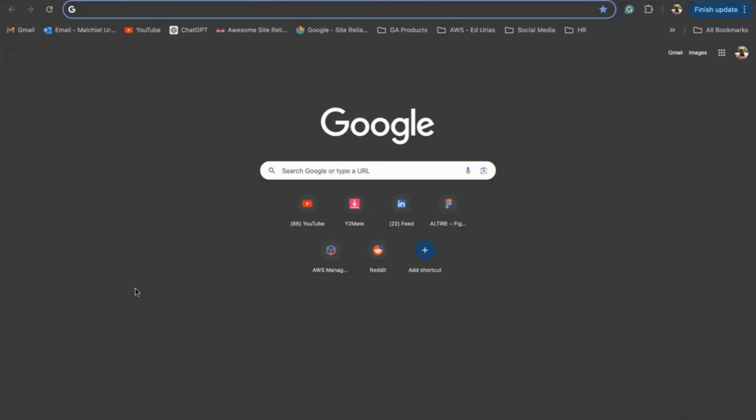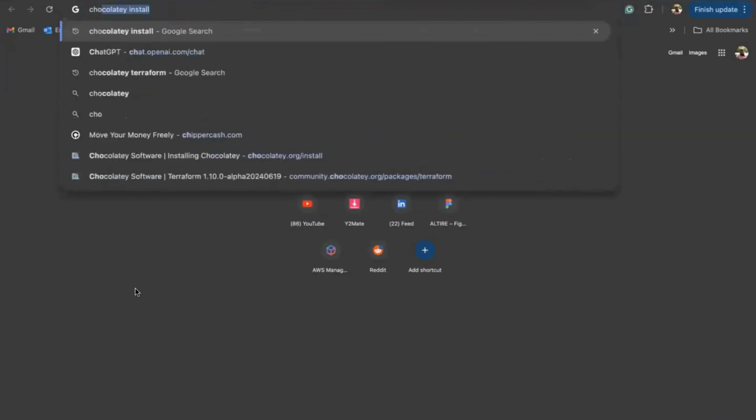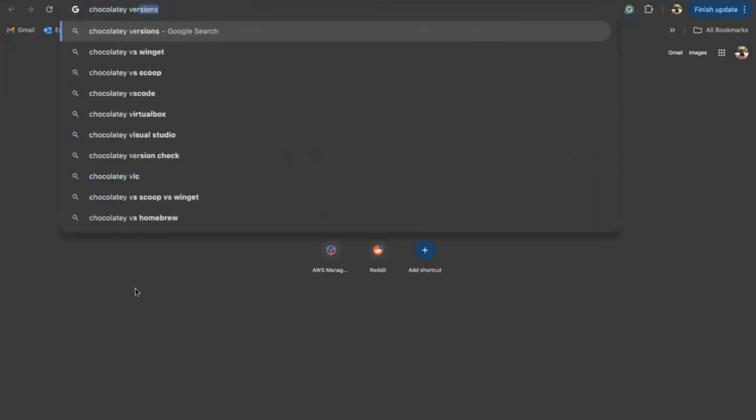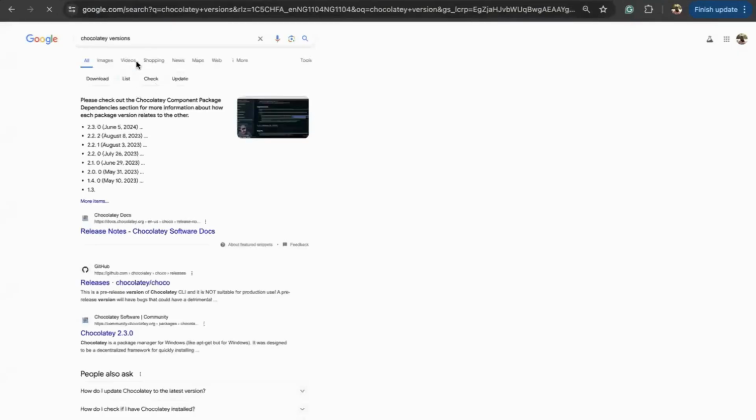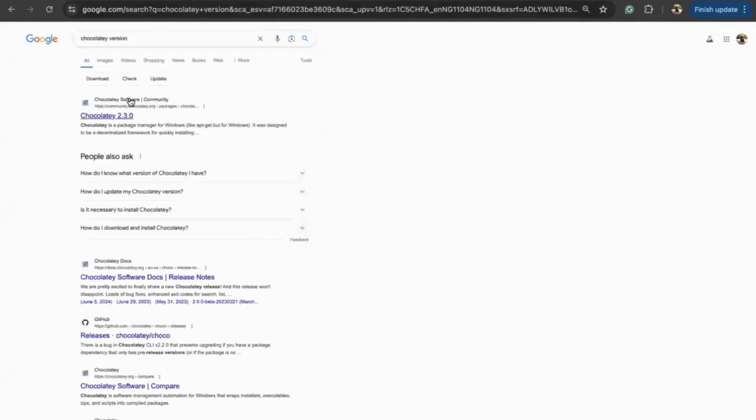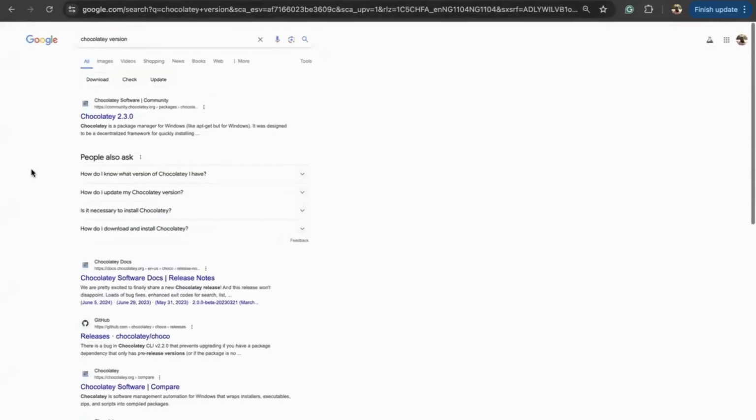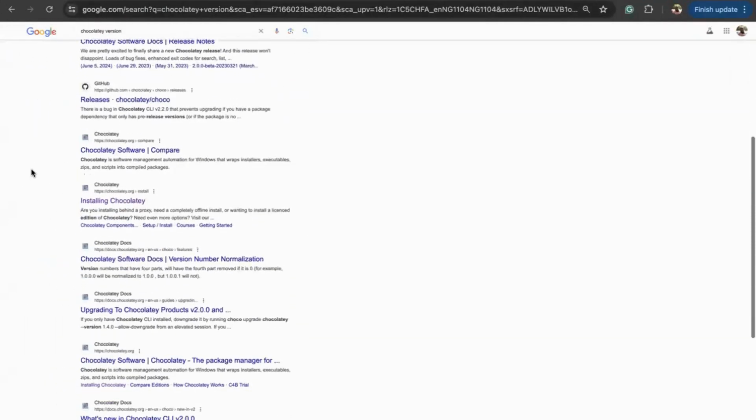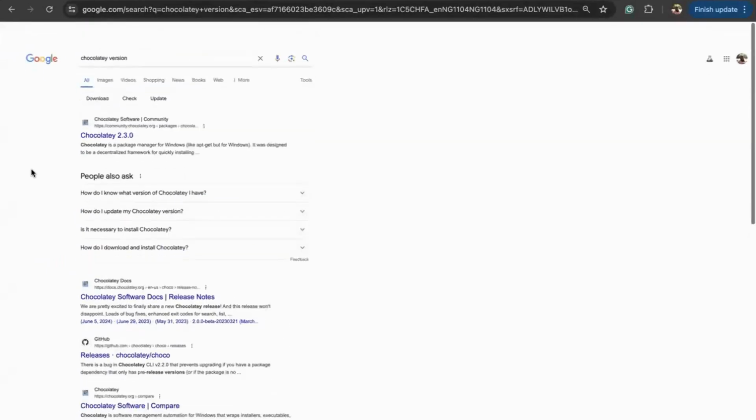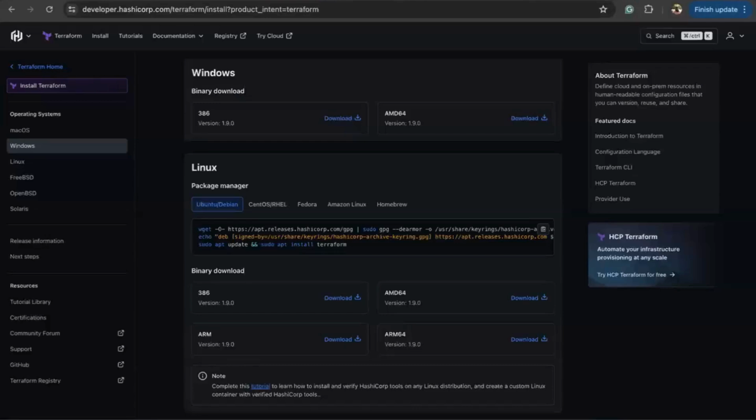How do I check if I have Chocolatey installed? Chocolatey version. Chocolatey dash version. Let me confirm that. Just do Chocolatey version. Who is with Windows? Can you try that? Just do Chocolatey version. If that doesn't work, then you can do the dash version. Or you can just do Chocolatey. If you just write that,